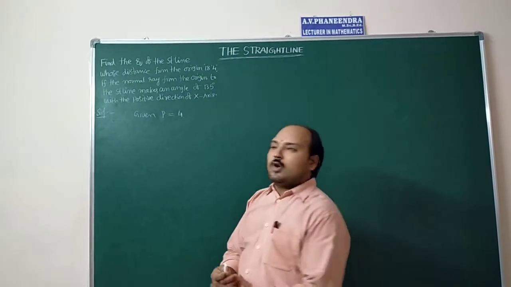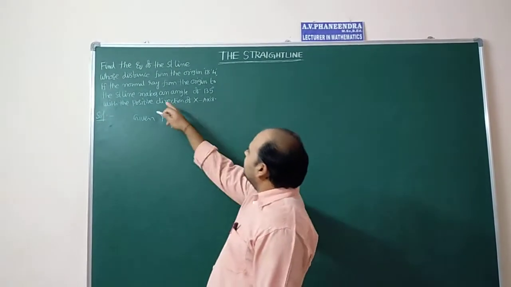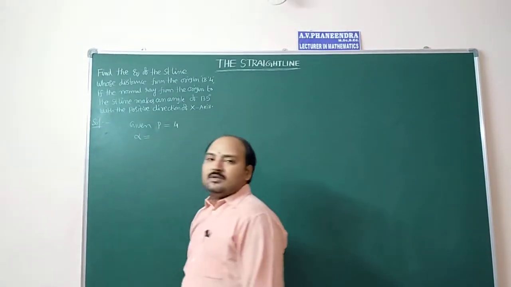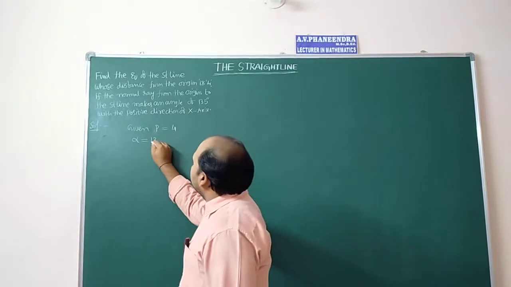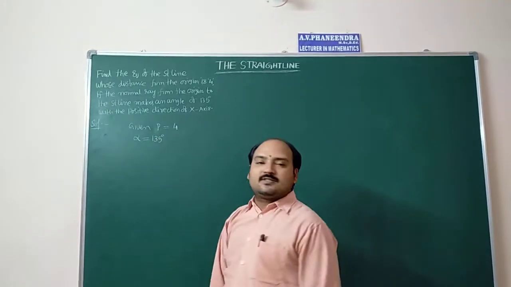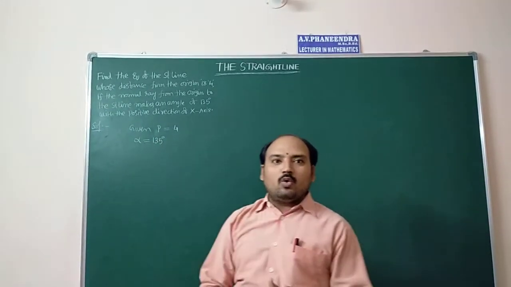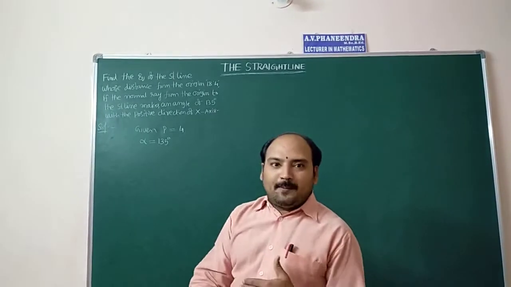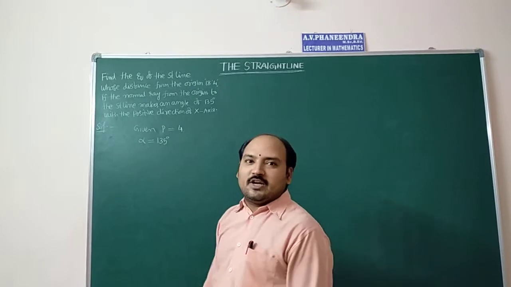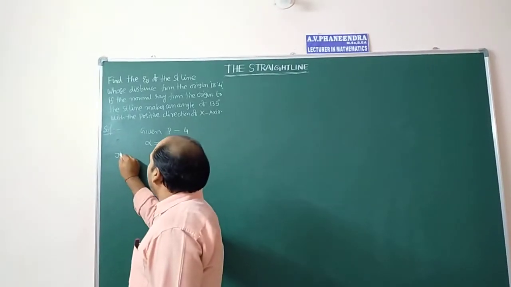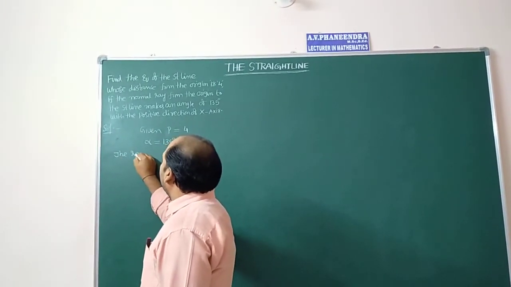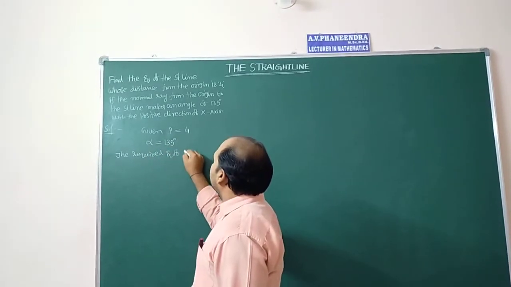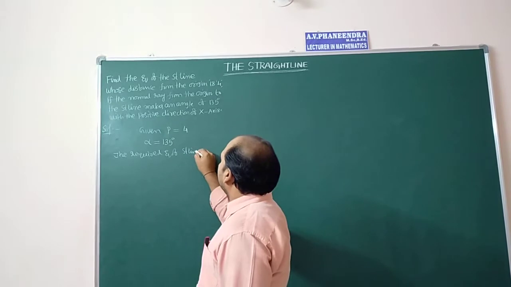So the distance from origin to the point. Next, the angle is also given. The ray makes an angle of 135 degrees with the positive x-axis. Whenever we know the P value and the alpha value, we need to apply the normal form of the straight line. So the required equation of straight line is